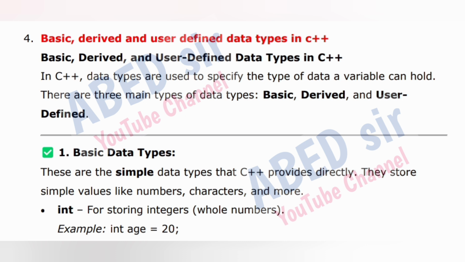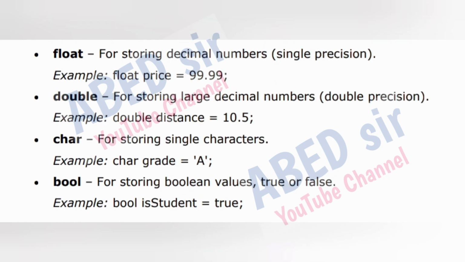1. Basic data types. These are the simple data types that C++ provides directly. They store simple values like numbers, characters, and more. int for storing integers, whole numbers. Example: int age = 20; float for storing decimal numbers, single precision. Example: float price = 99.99;